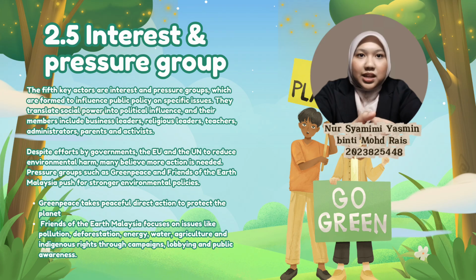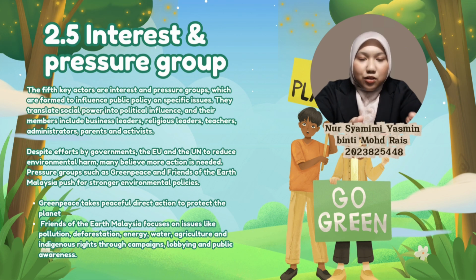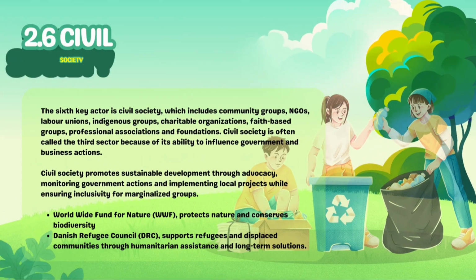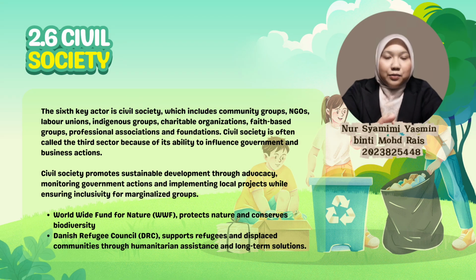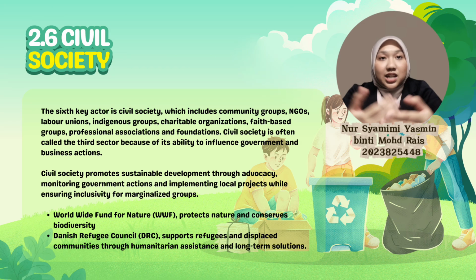Greenpeace takes peaceful direct action to protect the planet, while Friends of the Earth Malaysia focuses on issues like pollution, deforestation, energy, water, agriculture and indigenous rights through campaigns, lobbying and public awareness. The last key actor is civil society, which includes community groups, NGOs, labour unions, indigenous groups, charitable organisations, faith-based groups, professional associations and foundations. Civil society is often called the third sector because of its ability to influence government and